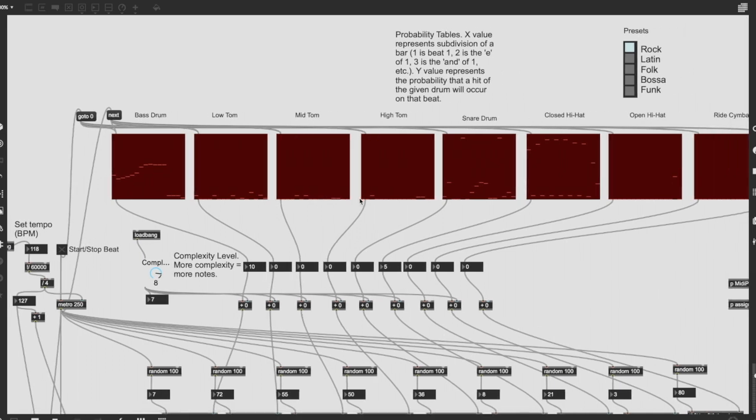So this is an algorithmic drum sequencer that I built in Max MSP. And basically the way it works is we have this grid here, which has 16 columns, each representing 1/16th note in a 1-measure 4/4 bar. And when I hit the start beat button, that will generate a number which